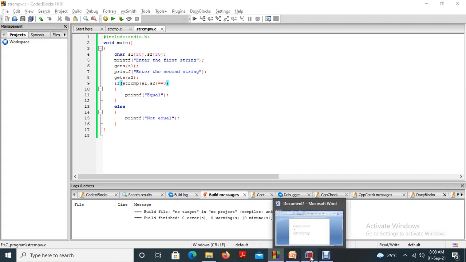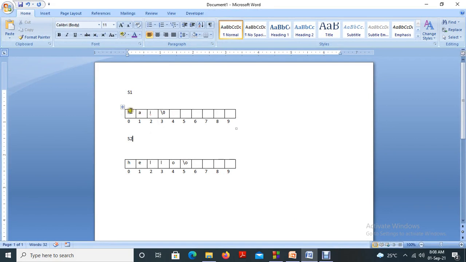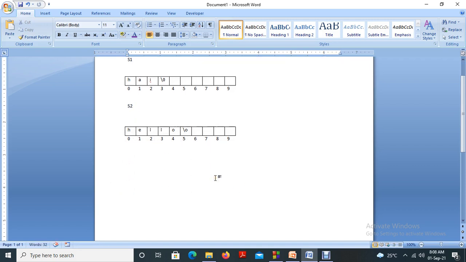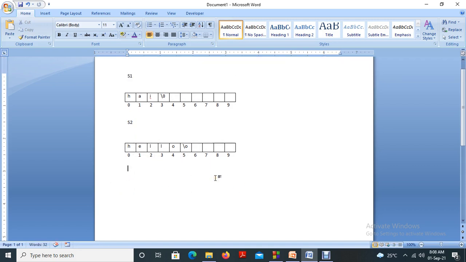So here we have two strings, for example hi and hello. We have to identify whether these strings are equal. That is our job, so we are going to write the program for that. The first step is to identify how many characters are there. In the first string we have 3 characters, in the second string we have 5 characters.